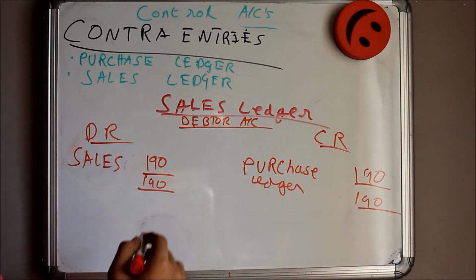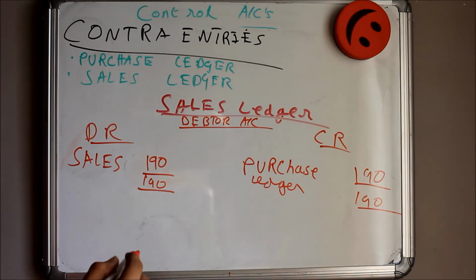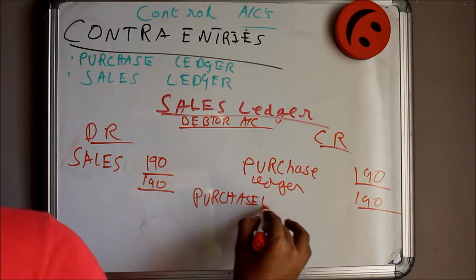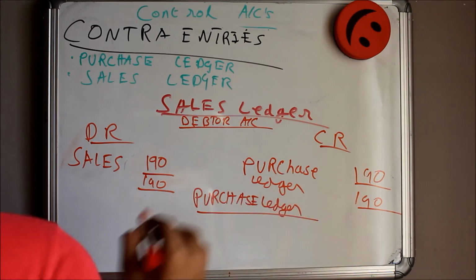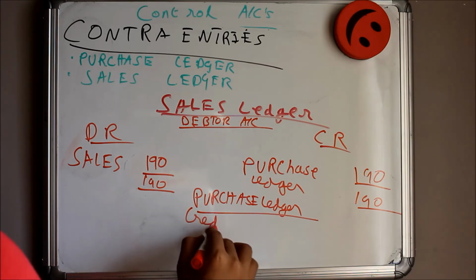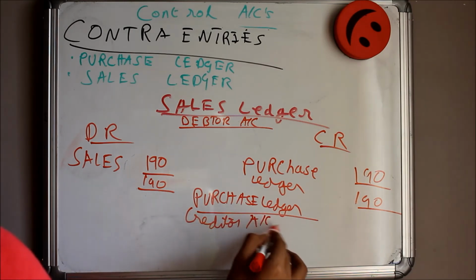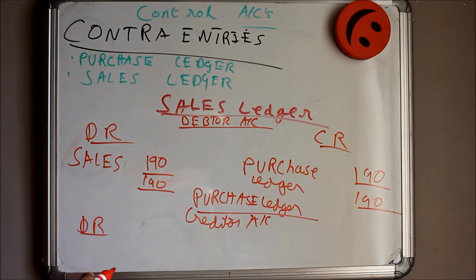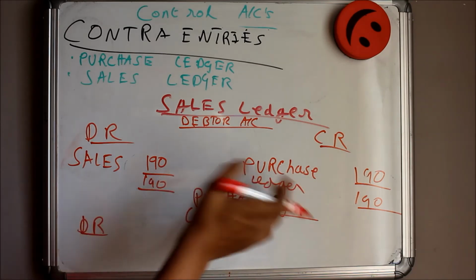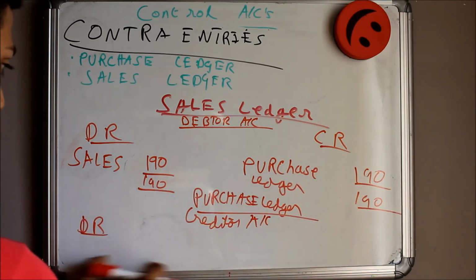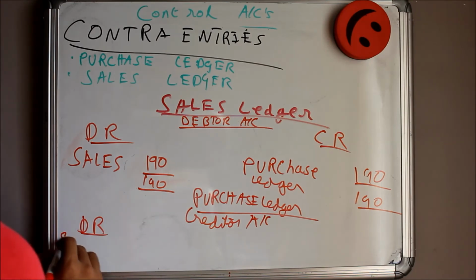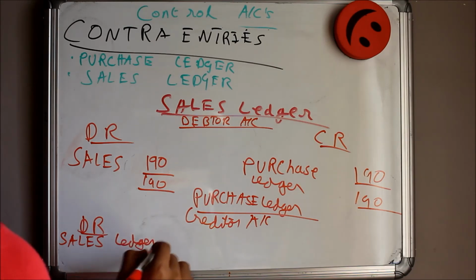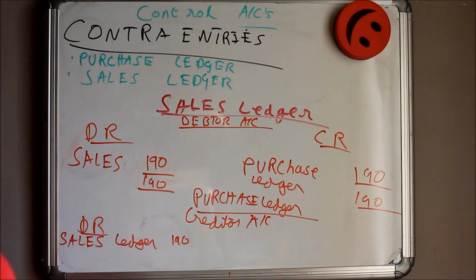Now after that comes the purchase ledger account. This is the purchase ledger, and the creditor account. On the debit side of the creditor account comes the sales ledger. The same amount, as I said, this purchase ledger, $190 comes on the debit side of the creditor account. So I'm gonna write sales ledger $190, and below that,